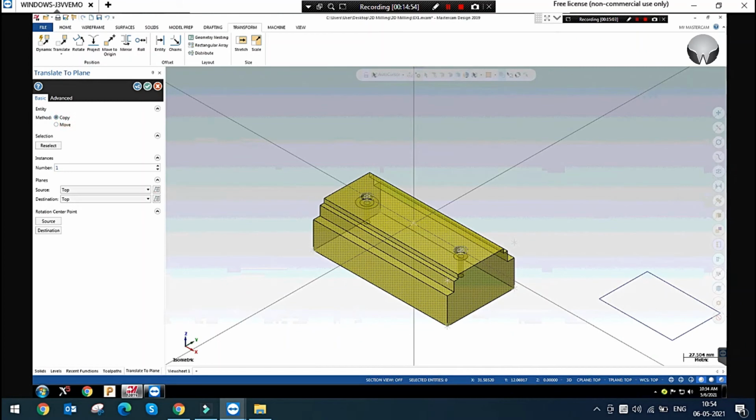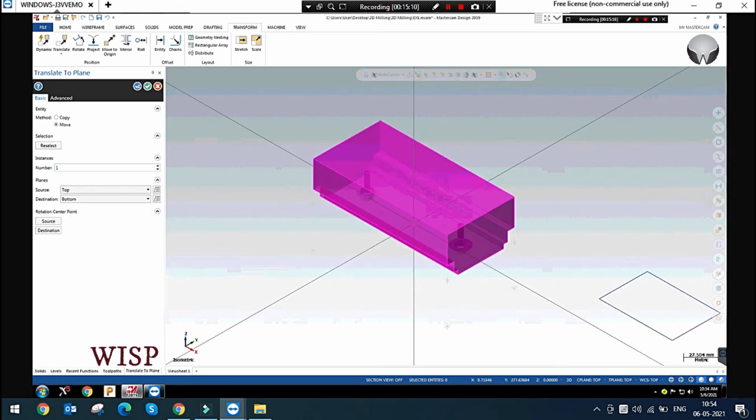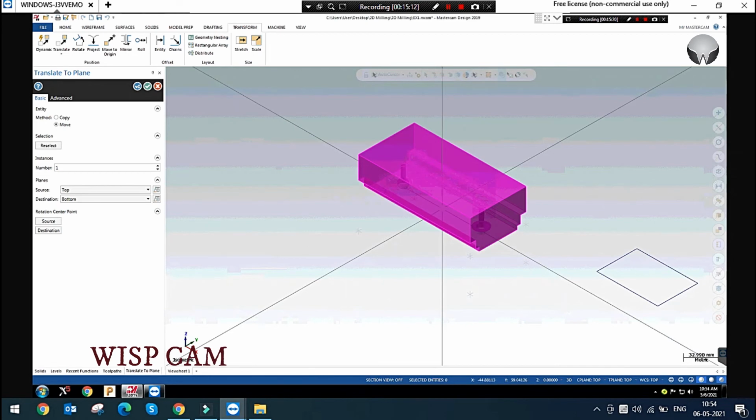So this is copy or move. The number of instances you can give here, and this is my source. My source is already in top position, right? Destination, what do you want? I want the destination as bottom. You can simply see the part has been rotated to the bottom plane.